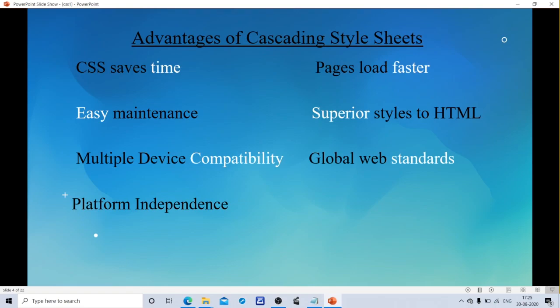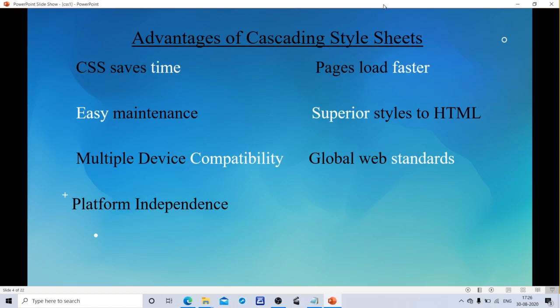For example, if I have taken an HTML document with a paragraph tag, and this paragraph tag I have written 10 times, that is 10 p elements in our document. If I want to make a change, then I should write the change as many times as the p tag is available in the HTML document. Now by using CSS, it doesn't require that. We can just update in one place, the style tag. All the elements will be affected and automatically updated.